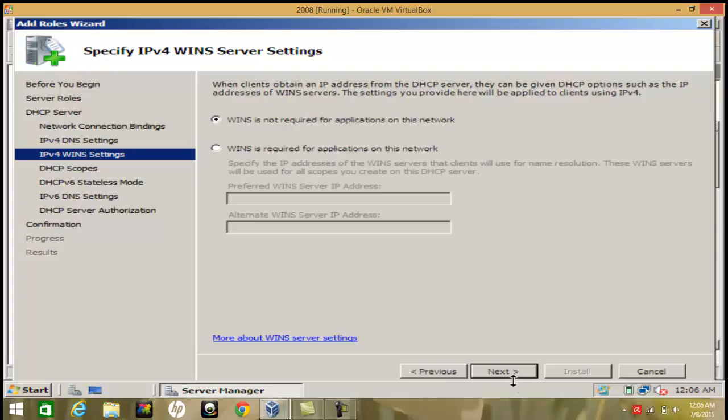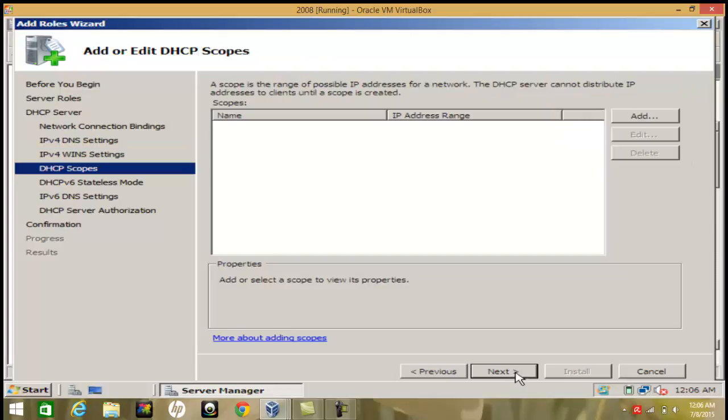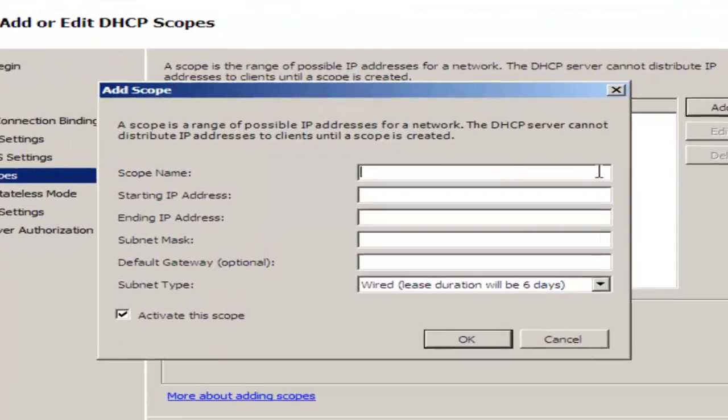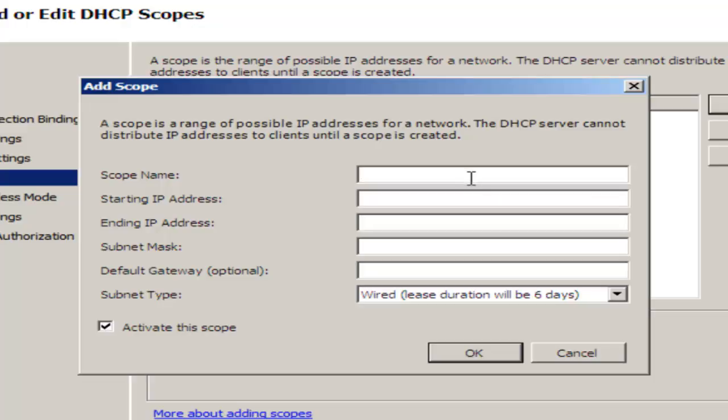and next again. And for the scopes, we're adding. For the tutorial, we can just put scope 1 for name, and we have to give a range of IP addresses we want to be used, so we can just do one simple